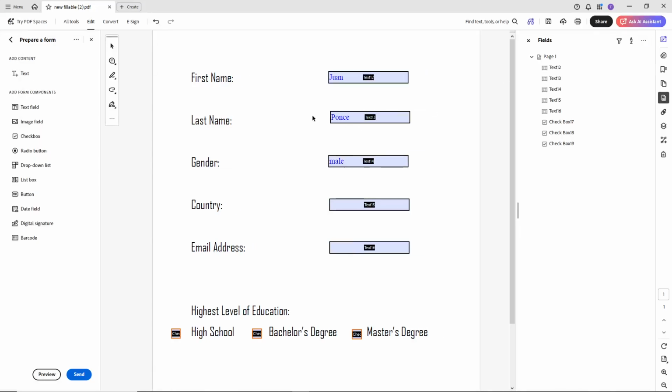And that's it. You've successfully formatted your text field boxes in Adobe Acrobat Pro, giving your PDF form a cleaner, more